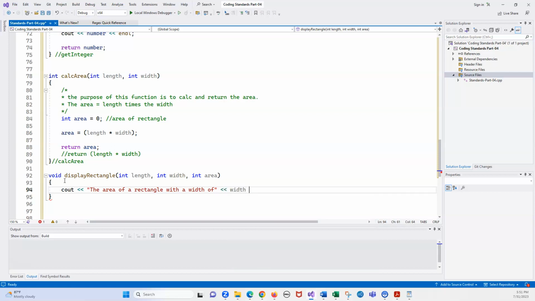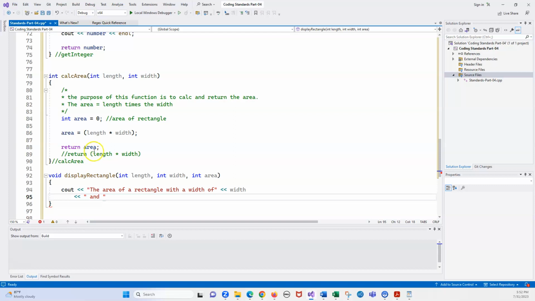And here's something that you may or may not know. You can break up a long cout statement into separate lines without affecting anything. And we'll do, and